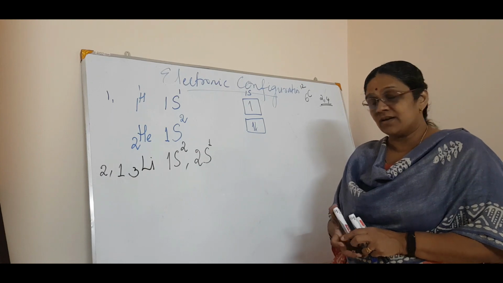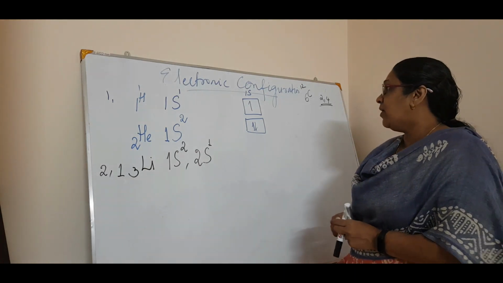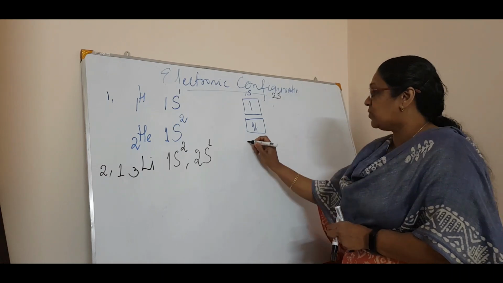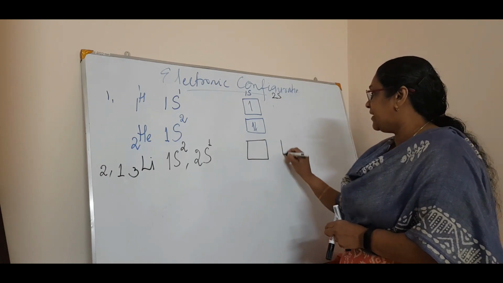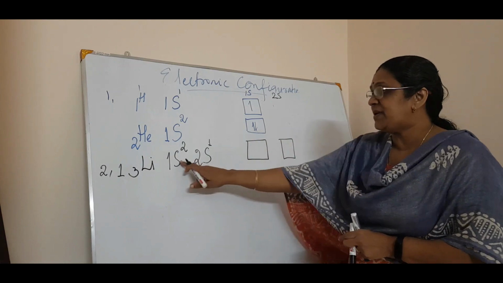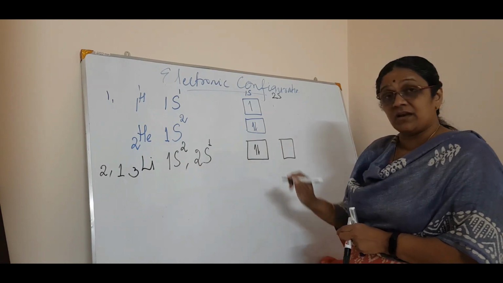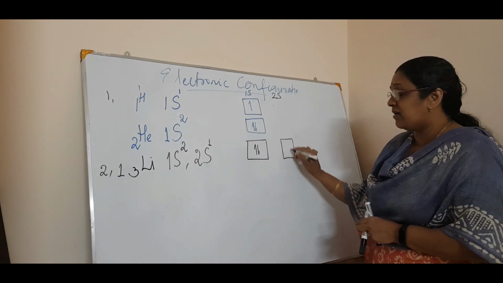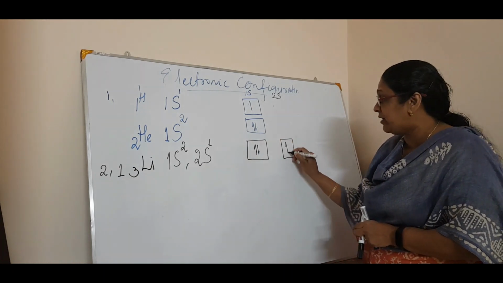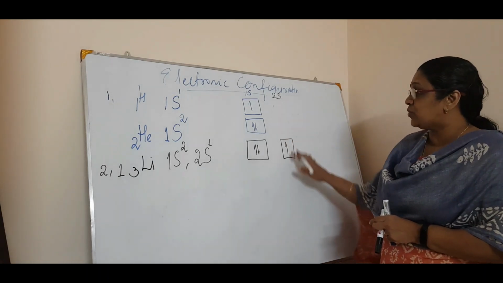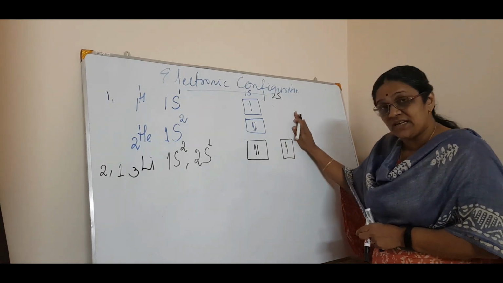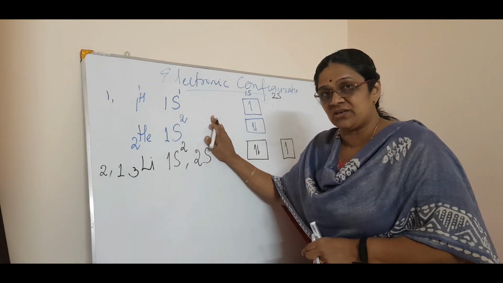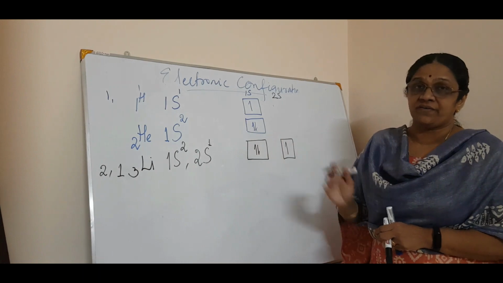Got it? Now what about the orbital diagram? Here I will write 2s. So here it is 1s and here it is 2s. 1s means 2 electrons with opposite spin, paired. Then 2s has only 1. I can write it either clockwise or anti-clockwise. Normally if it is 1, I will do it like this. So it is 2s1. This is the orbital representation and this is the SPD notation. So you can write either way.